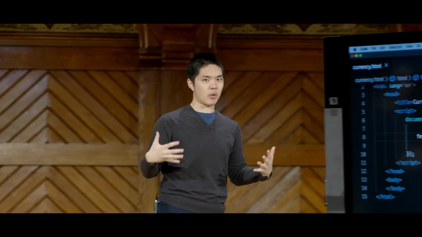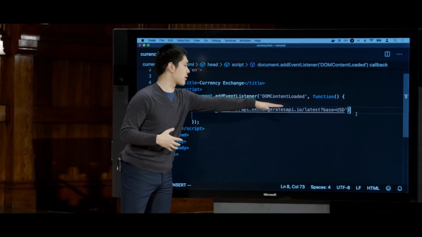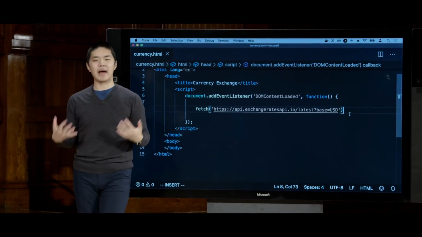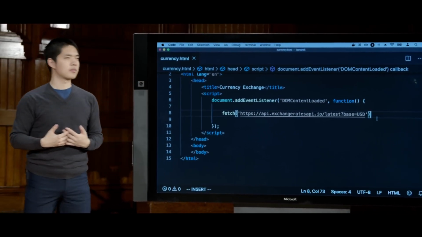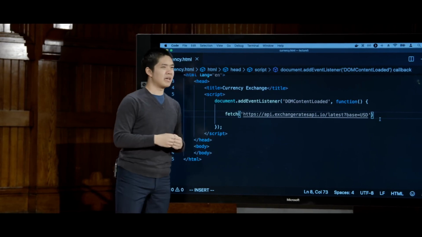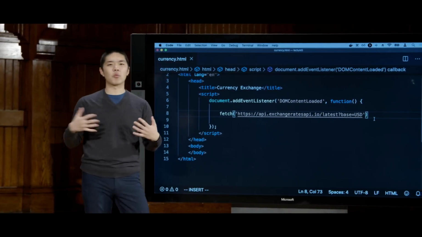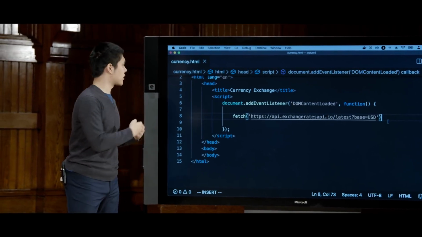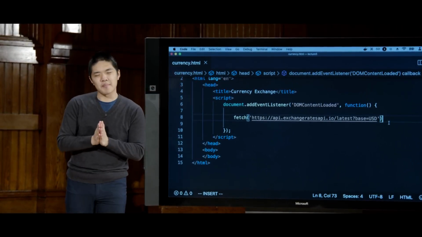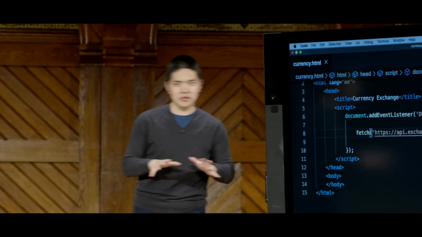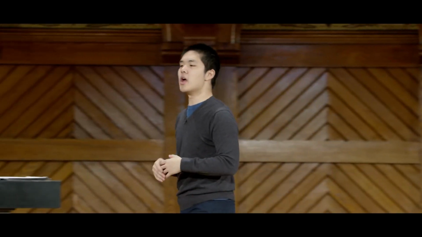Make an HTTP request asking for additional information from this URL and get back what the results are going to be. And what fetch gives back to us is something in JavaScript known as a promise. And a promise is going to be a way of representing the idea that something is going to come back, but it may not come back immediately. We're not going to go into the details of exactly how those promises work,